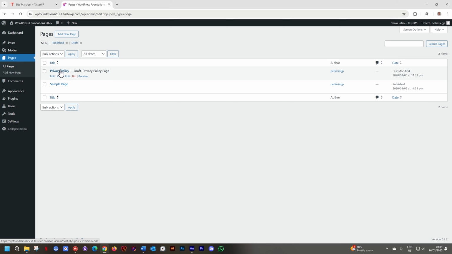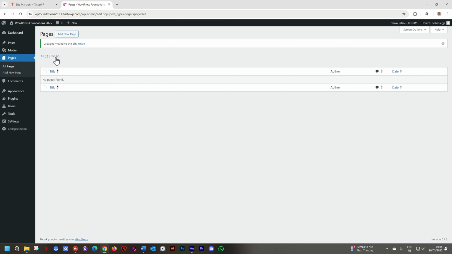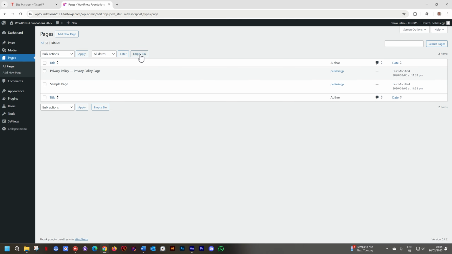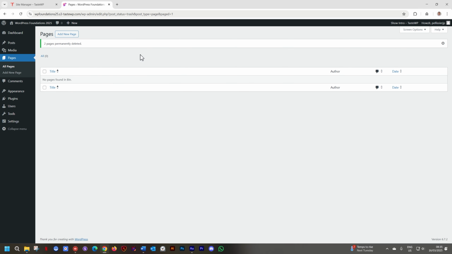So we delete them. When you have multiple items like these two pages that you want to delete, you can go ahead and click on bin and bin. But once it is multiple, you do multiple selection. You can check, or you just go to the top and check them all. Then under bulk actions, go to move to bin, which is trash, and apply. Once you've done that, I'll go to the bin and I'll empty the bin because I don't want to see them no more. And now we have no pages.